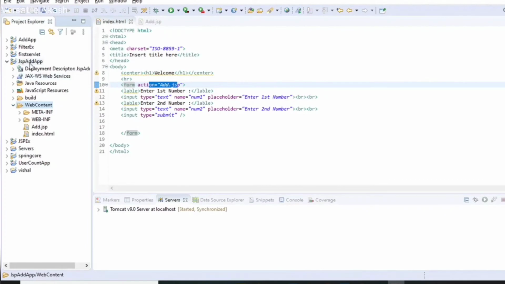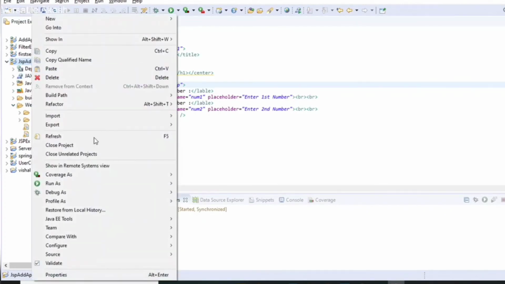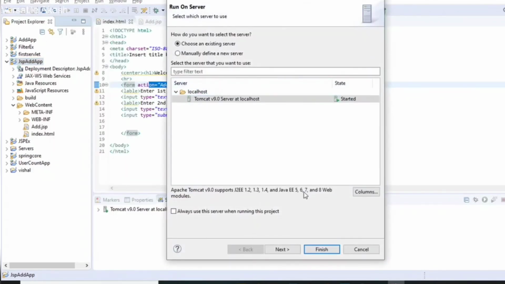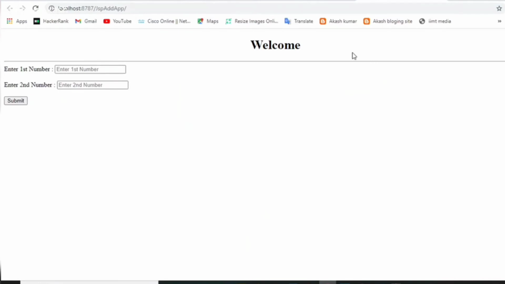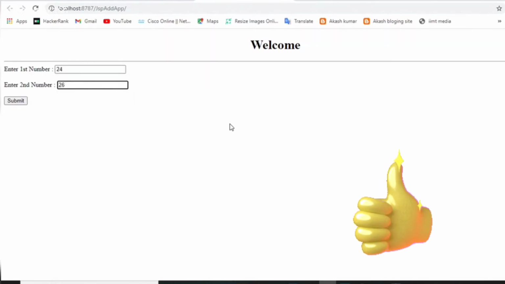So run the program: right click on your project and run on server, finish. So as you can see, this is our home page. Enter the first number, any number, enter the second number, and on submit, on pressing this button, what happens?